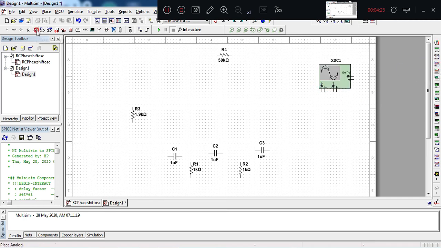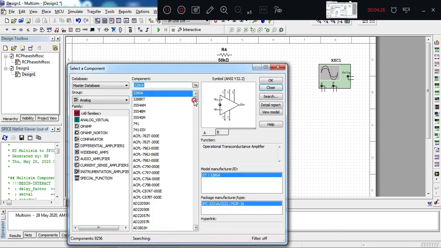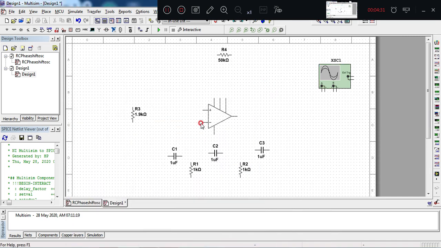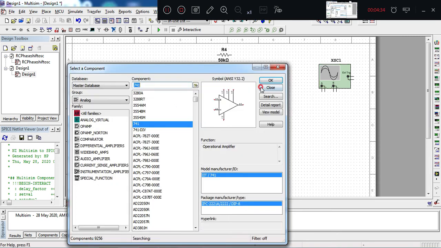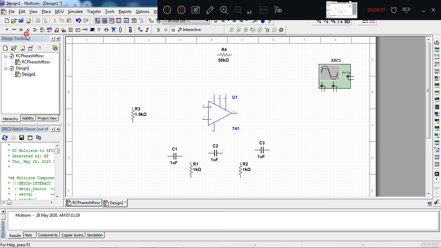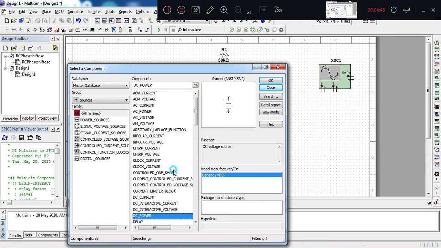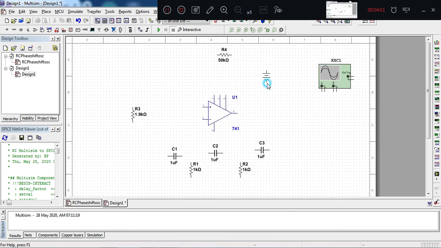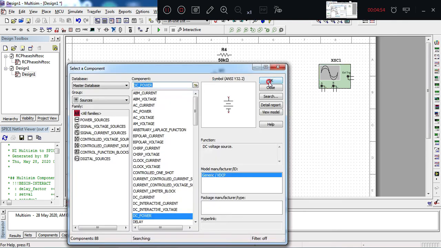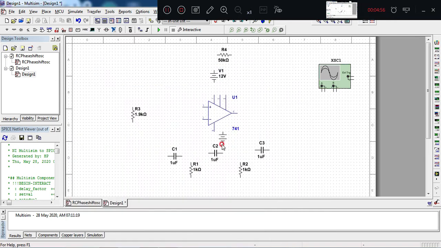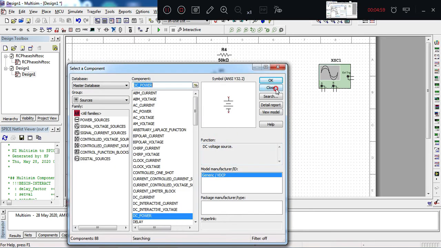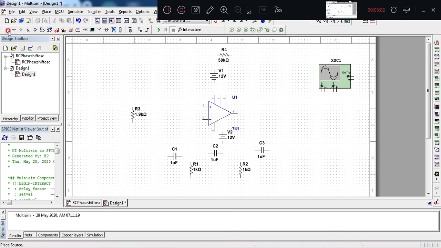We need the 741 op amp. We need a power supply, DC power. We need ground connections.